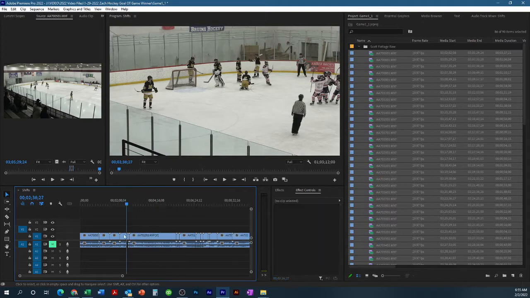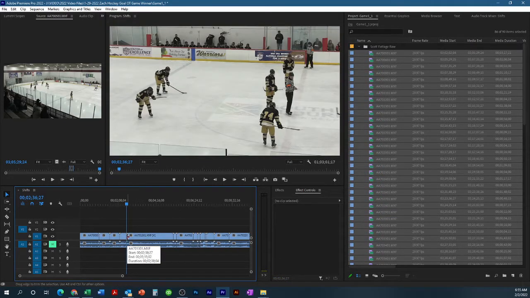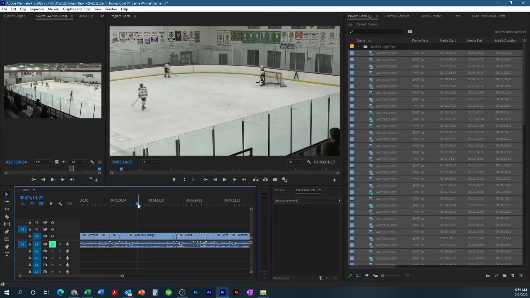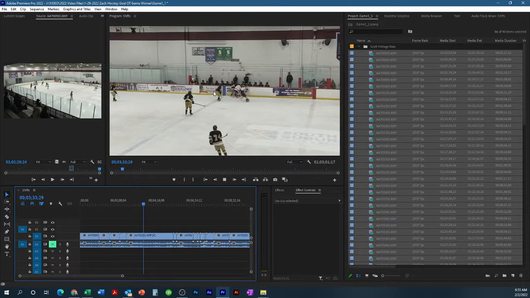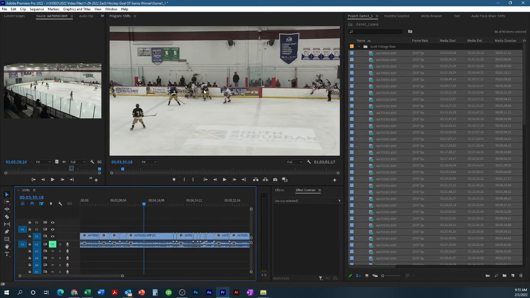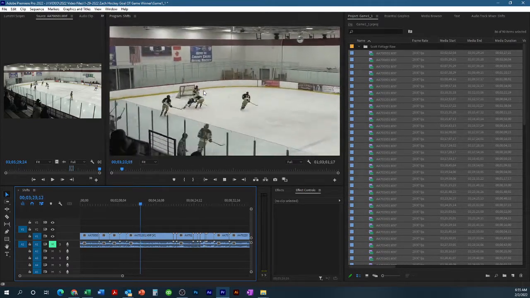ripple delete, and we get rid of that, and we don't need this, and we don't need this, and he is not facing off here, so we can fast forward. Is that him right there? That is him right there. So he takes the ice in the middle of this clip at some point